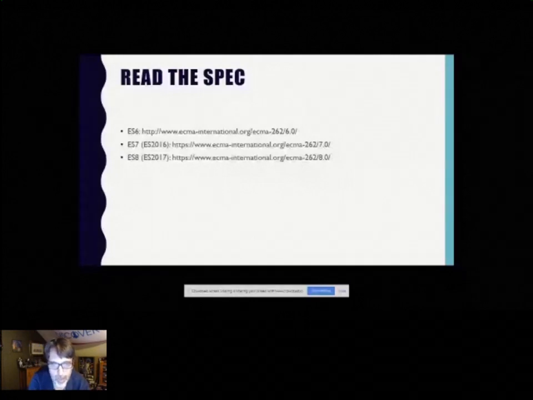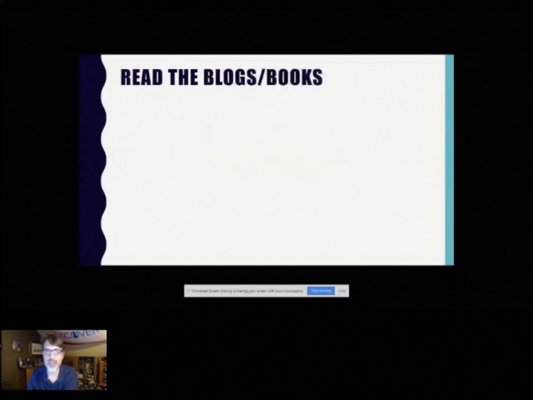Again, before going in here, tread carefully. It's going to be a bit of a shock. Most of the time, I would actually suggest looking online at a particular set of blogs and books. And as a presenter, I always hate saying, don't read the docs, read this random blog entry. But in this case, I think there are some really, really good examples here that are very clear and very